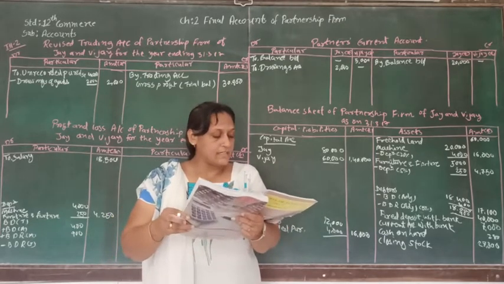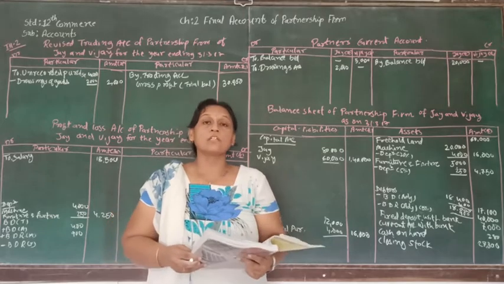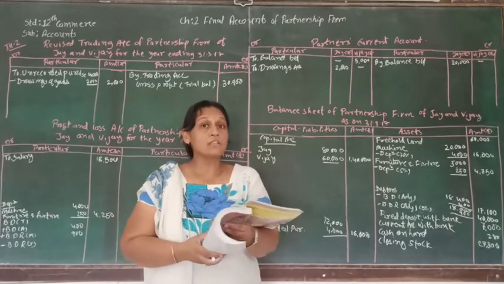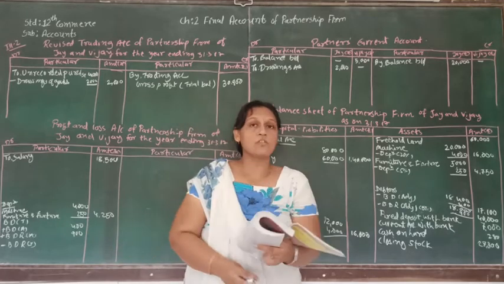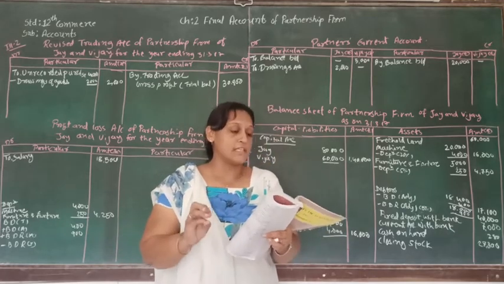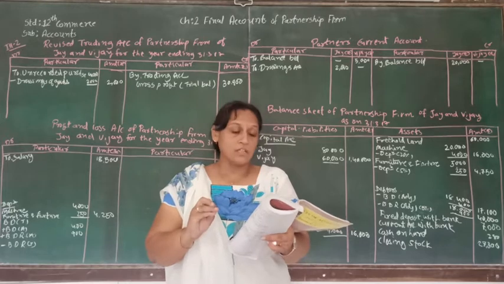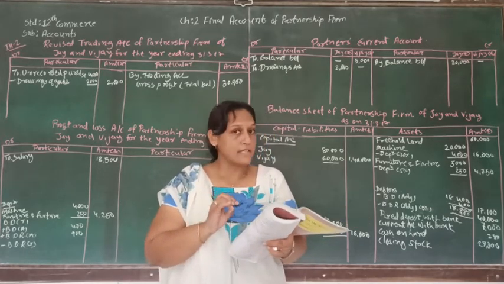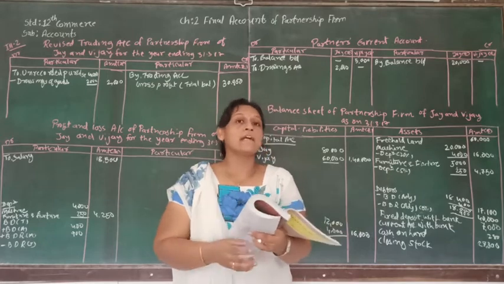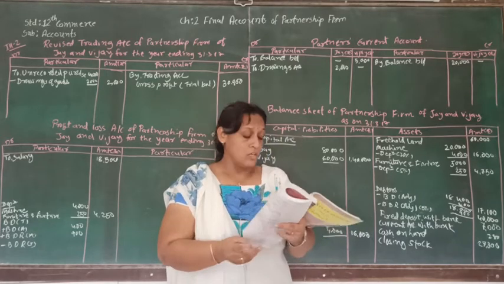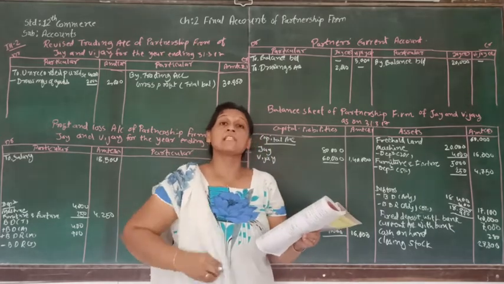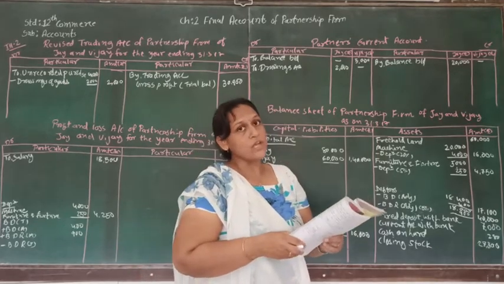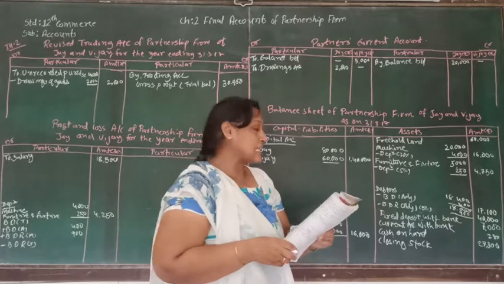Now after that the other asset is a factory on lease, but here there is a hidden adjustment that is telling us that the lease will end on 31st 3/2021. So this factory is on lease for 5 years, that is from 31st 3/17, 31st 3/18, 31st 3/19, 31st 3/20 and 31st 3/21. So whatever the 30,000 is there, that is supposed to be divided by 5 years. So this year we are going to write off 6,000.